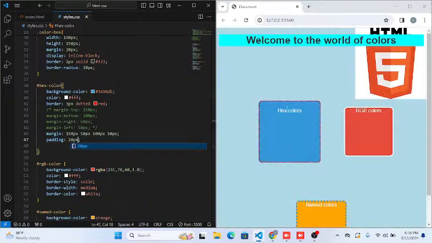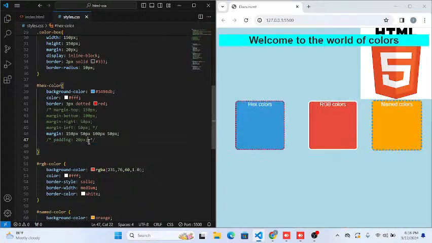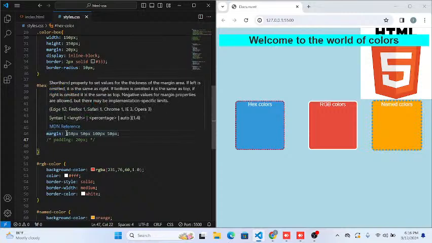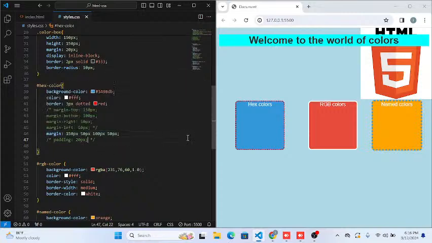Now you can see from the text the difference. Let me remove this for a while so that you can find. Now you can see the text is attached to the border. Now I want a little space here, and the first property is applicable for what, it always works in